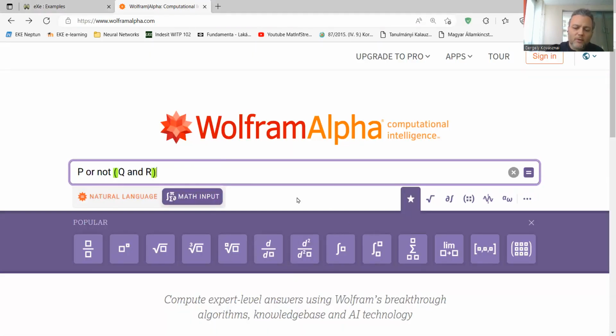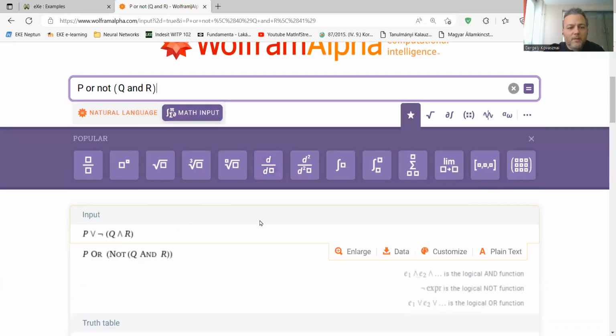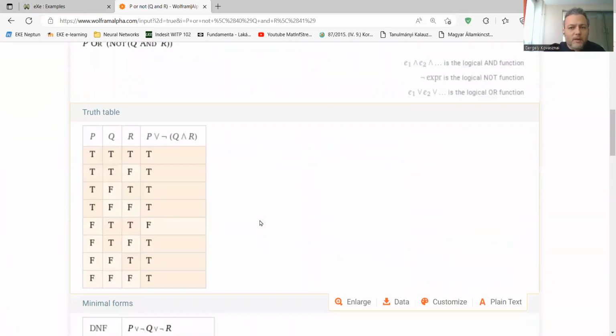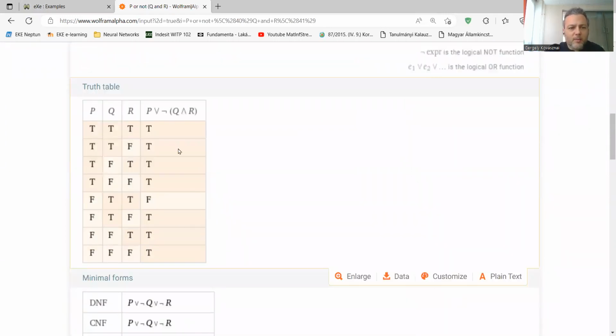Yes, and then I just press enter, and my formula is already analyzed. You can see the truth table of this formula here. T stands for true, F stands for false. So the truth table looks like something like that.